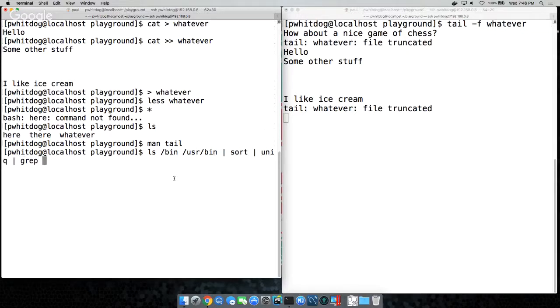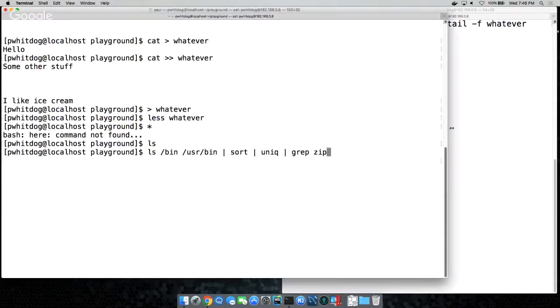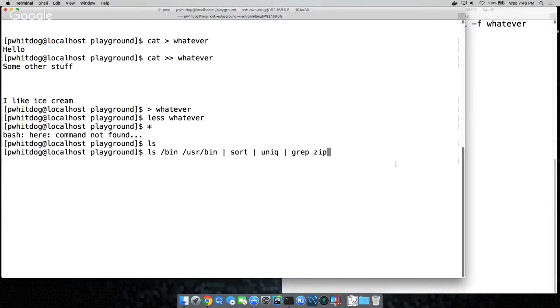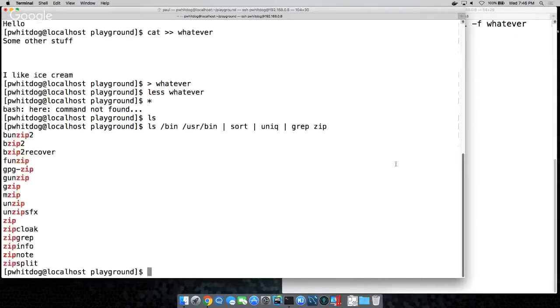So before you run that, he's going to do ls on these 2 directories, sort them, and get rid of the duplicates. And then within that resulting list, he's going to grep for the term zip. If you go ahead and press that now, we have coloring, which shows where the word is.